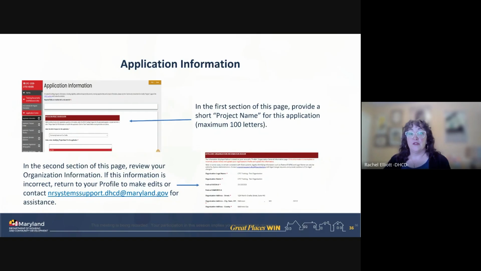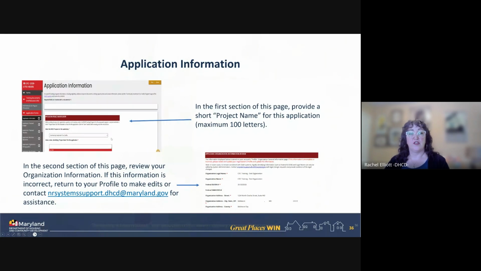So the first section is the application information section. I'm not going to go through all of this. I think a lot of it is very easy to understand, but I'm going to highlight a couple pieces. One, at the top, it's going to ask you to provide a short name for your project. Think carefully about what you want to call your project, and please don't call it your community investment tax credit project.